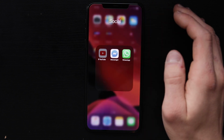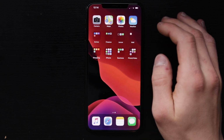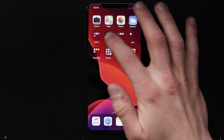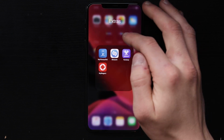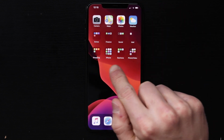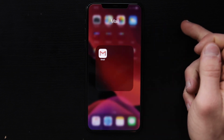Using folders and just organizing your phone into different sections. Like on my phone here, I have a social folder for messages, like Facebook Messenger, Instagram, whatever. Finance for my bank app, my calculator, whatever. Extras, shopping, iPhone, business, photo and video, and email. Those are my 8 different categories or folders on my phone, and I keep just one simple page on my